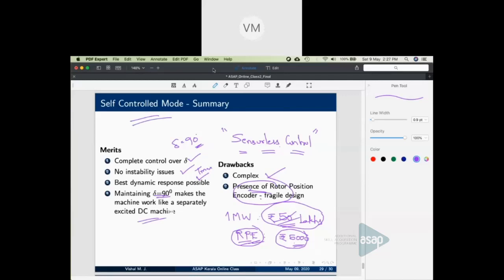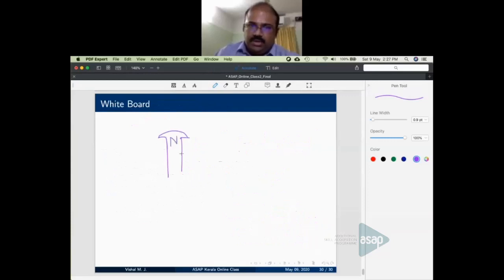So that's all. Can you explain the process, the hunting in synchronous machine? See, this is the rotor pole, and it's a huge inertia machine. It's made of steel. You have a lot of windings through it where you pass DC current, and this is rotating at a speed as high as 3000 RPM. Now the issue is that if this is your operating point and it is coming like this, it may overshoot due to inertia. Once it overshoots, it is pulled back by the rotating magnetic field. It comes back. Then, due to inertia, it may go a little further. It may overshoot. Then it will come back. After a few oscillations, it will stabilize. These oscillations are called hunting.